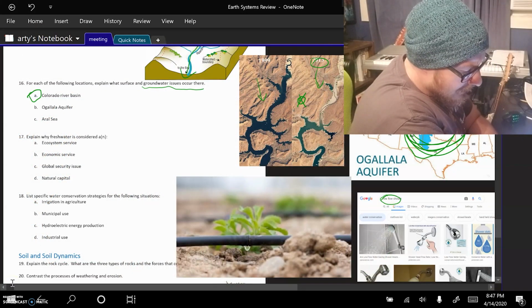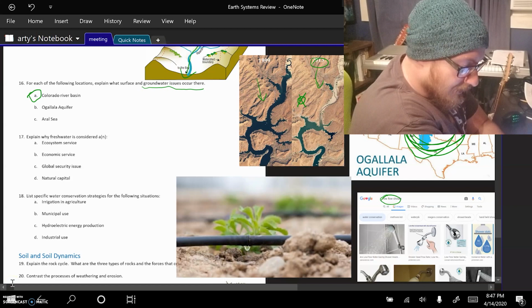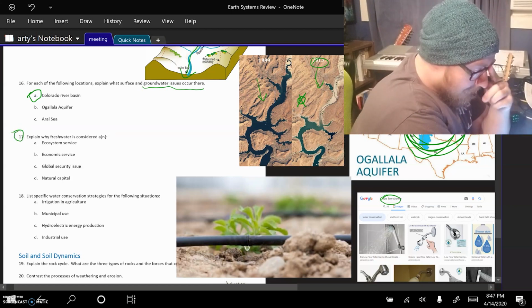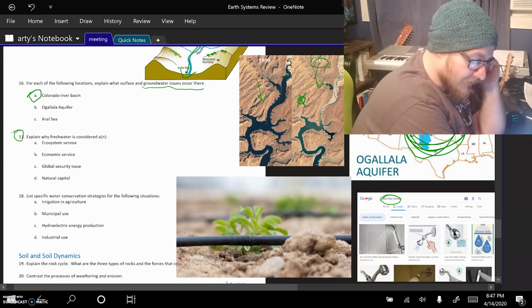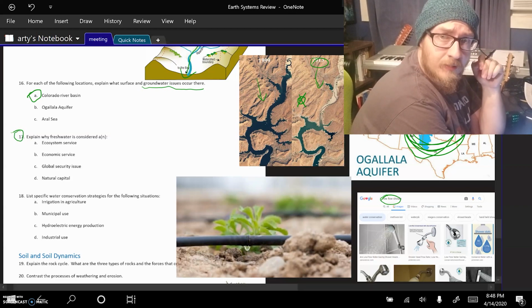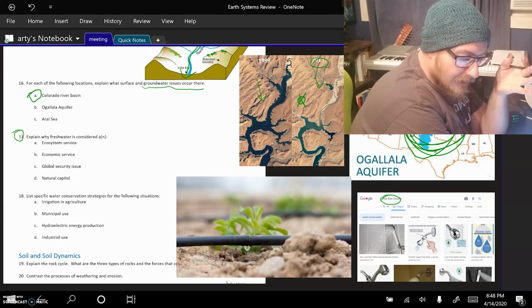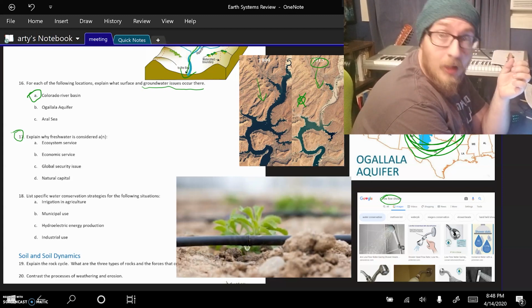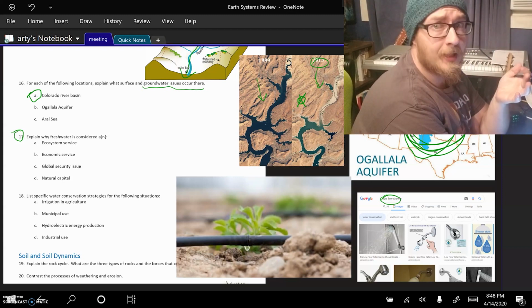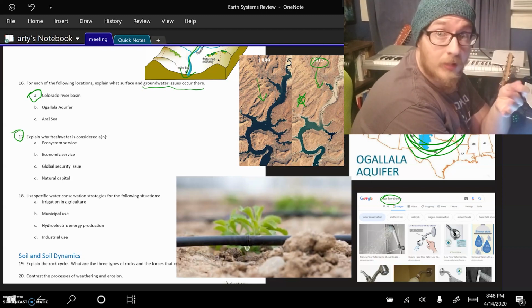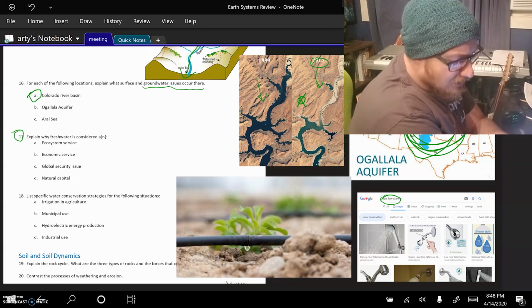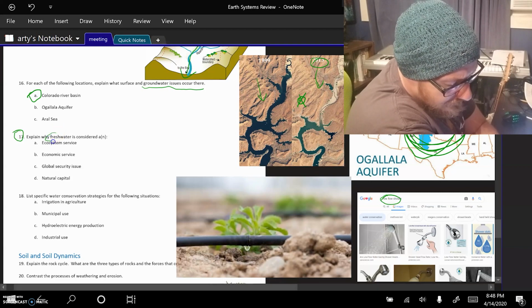So now that we're back on this side of the screen, let's take a look at why fresh water is considered an ecosystem service. There's a couple of different ecosystem services, right? There is provisioning, regulating, all those other ones. Water provides habitat. Water allows for recreation. We get to fish out of water, so it can provide us food. So as an ecosystem service, fresh water is very